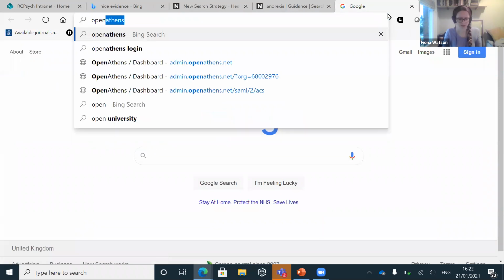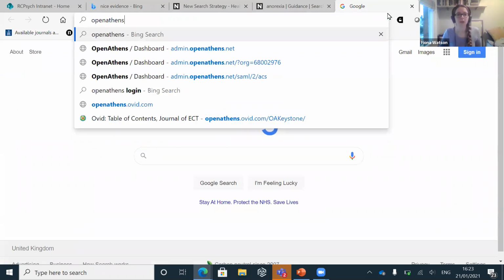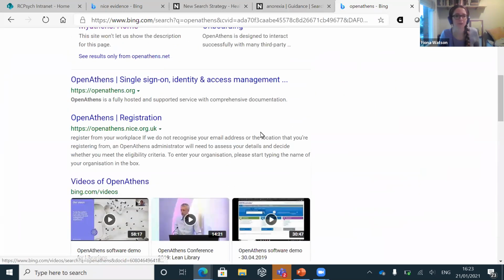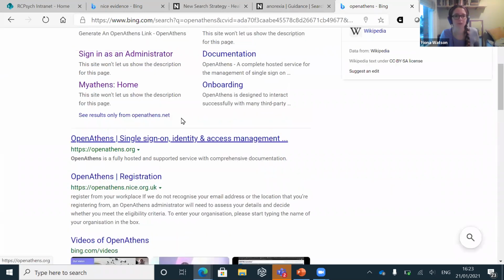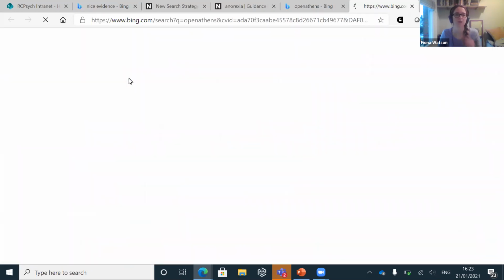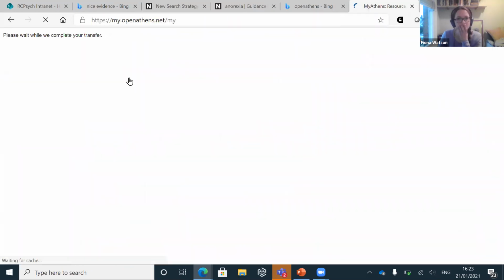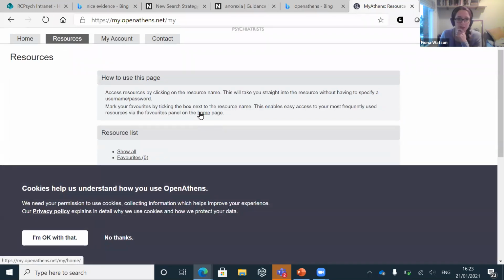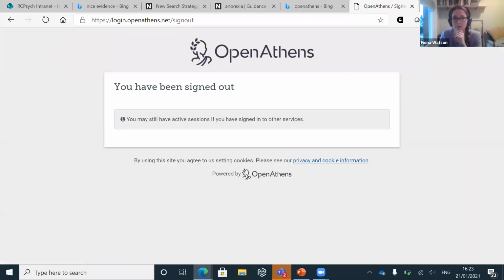So I'm going to go to OpenAthens directly. And I'm on my RCPsych account, which is what it's recognized, so it won't let me into the NHS resources. So I need to sign out.